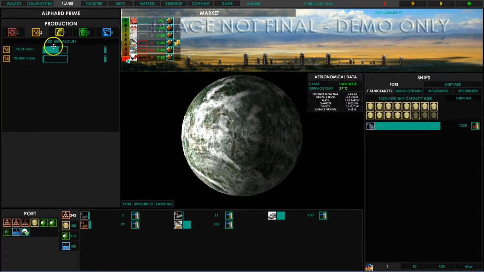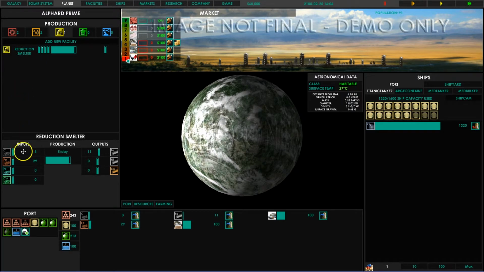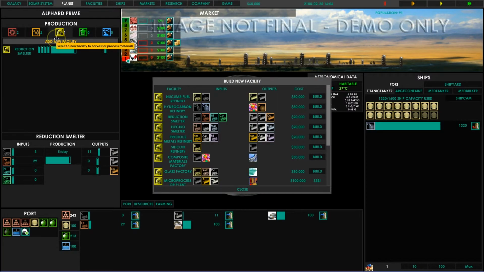Secondary industries, which are refineries and smelters, food processing plants, and finished goods factories. Basically, these, as we saw on the reduction smelter earlier, take their raw materials and/or components and convert them into finished goods. Now, in order to demonstrate more of these, if I basically say I want to build a different type of